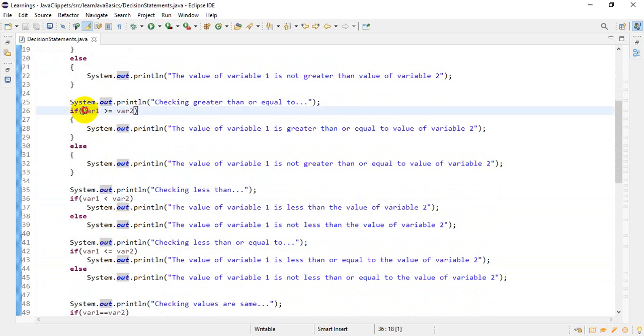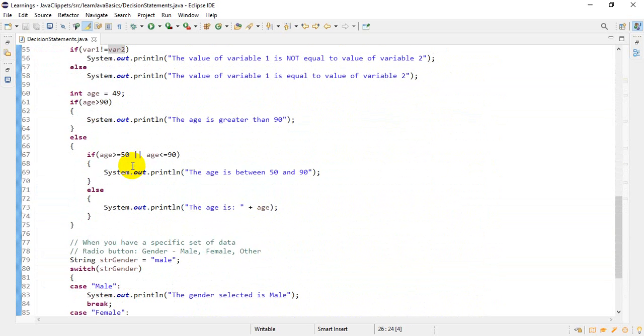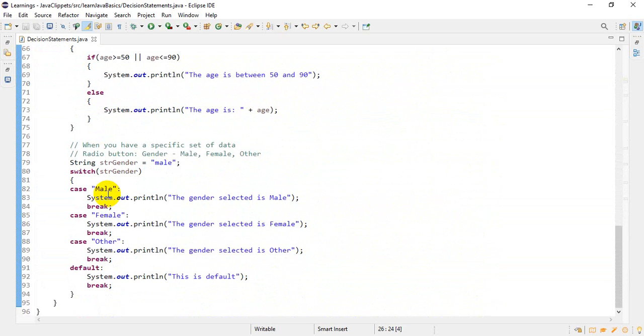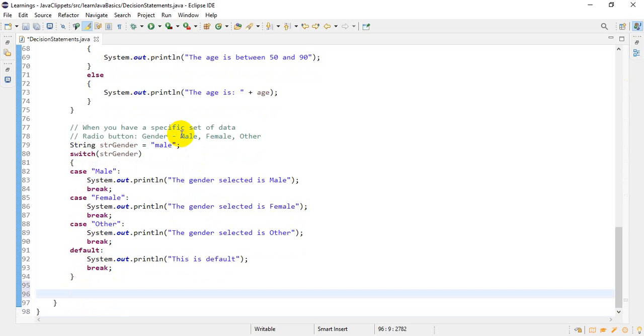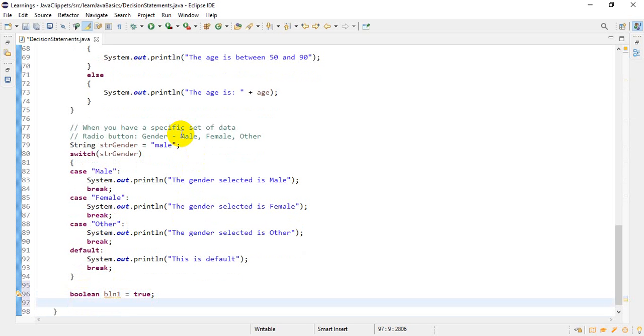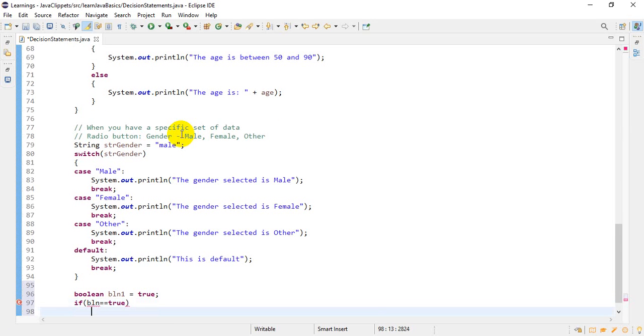Now till now we saw two numeric values to be compared, but you can also do this with Boolean values. So let's say you have a Boolean variable BLN1, and let's say it's true. The default value is true. So you can just write a condition: if BLN1 double equals true,